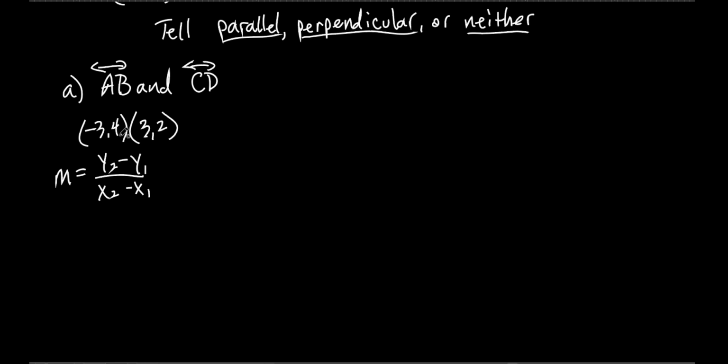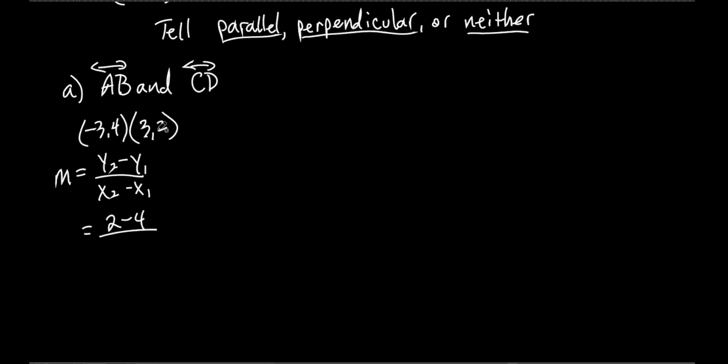As long as you do what, though? As long as you subtract the x's in the same order. Good, in the same order. So it doesn't matter how you subtract them. Let's just go the second one minus the first one. Is that okay with you? So it's 2 minus 4